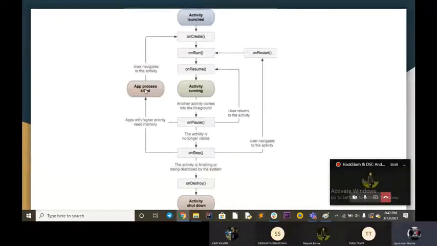That app process gets killed. And if we call that screen again, then the whole system will be called again. But if we return back to our screen, then it starts from the onResume. As you have seen, the onCreate and onStart have already been called, so we don't have to call them again.